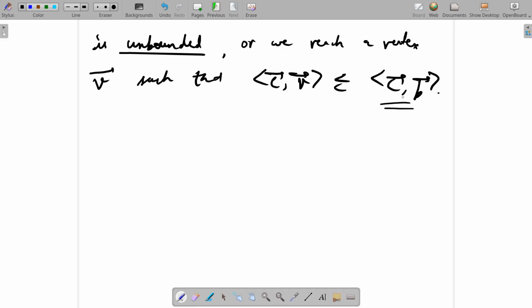So eventually when you end up with a vertex, that cost has to be less than or equal to the cost at the original point. Okay,